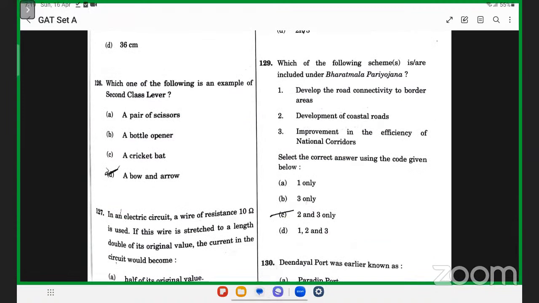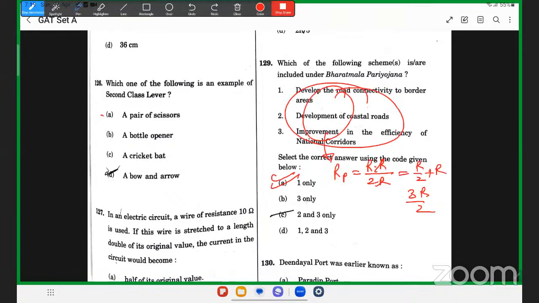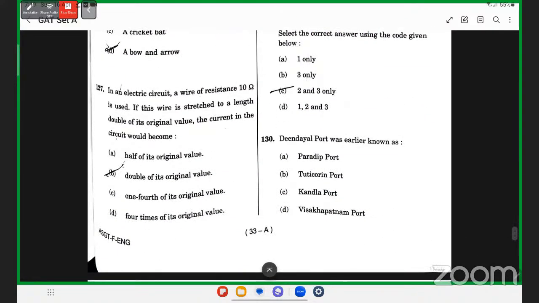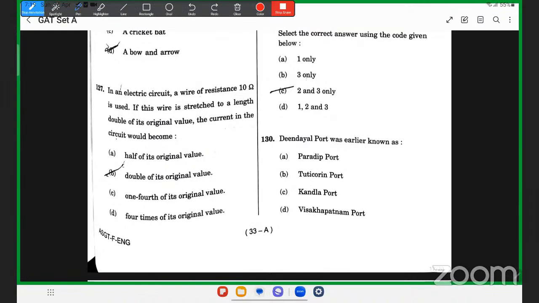Second class lever is an example. Pair of scissors. Next we have, in an electric circuit a wire of resistance 10 ohm is used. If this wire is stretched to a length double of its original value, the current in the circuit would become,